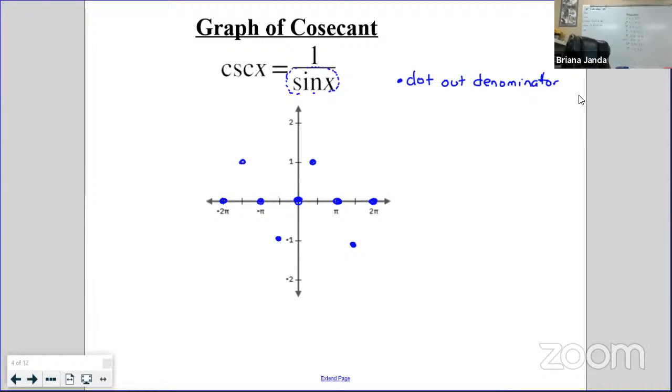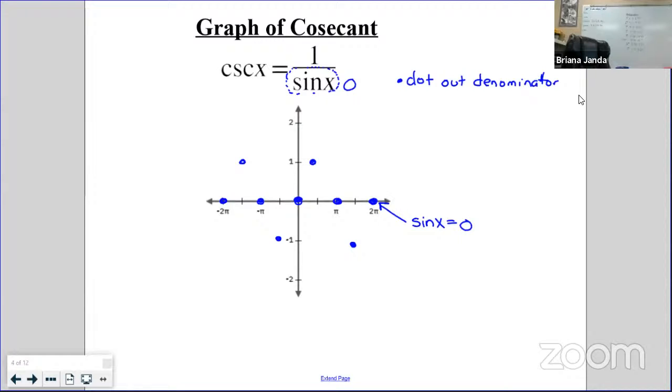Okay. So had I put the curve through that, it would look like a sine curve, right? I'm not going to. We're just going to dot it out. And then I want to remind you that every single one of these dots right here that is on my x-axis means that sine of x equals 0, right? So every time sine of x equals 0, if I were to replace this with a 0, cosecant would have actually been described as